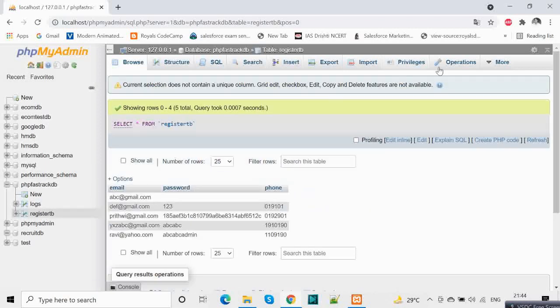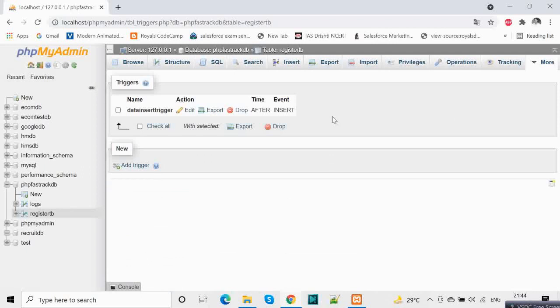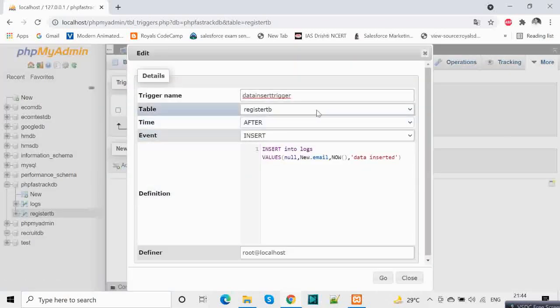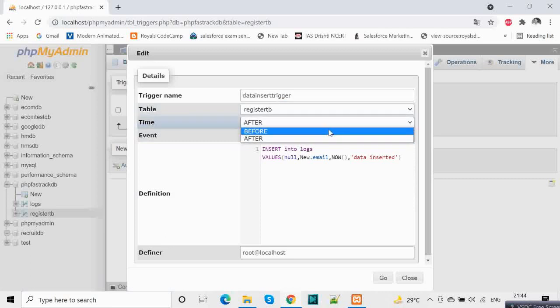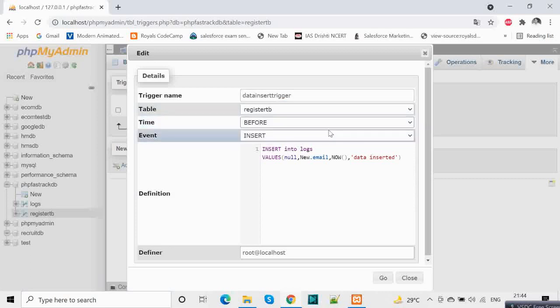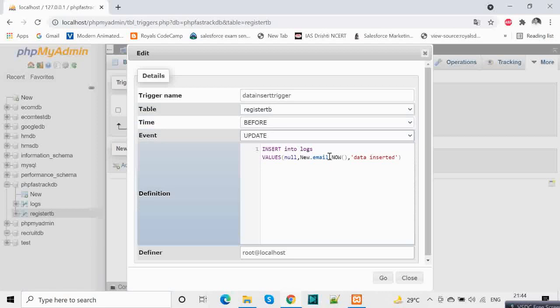Now let's go to our table and we will add one more trigger. We will add one more trigger for when someone updates, let's say, the phone number. Before an update is made, we want to insert who updated that record.